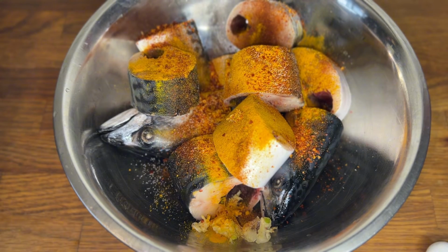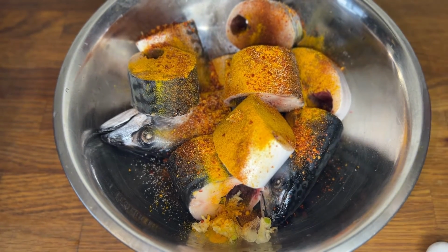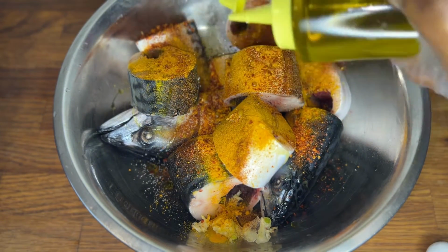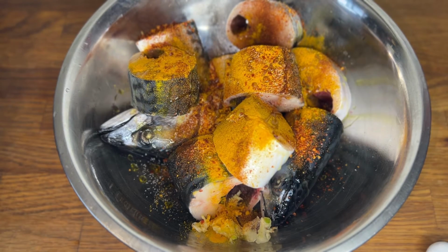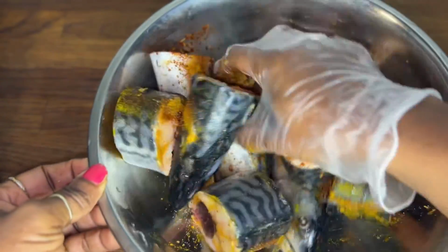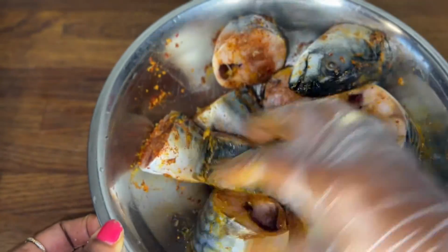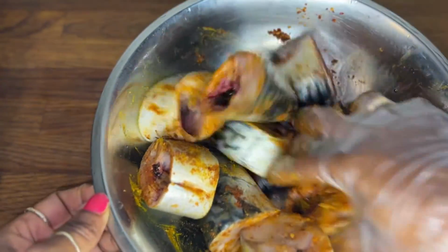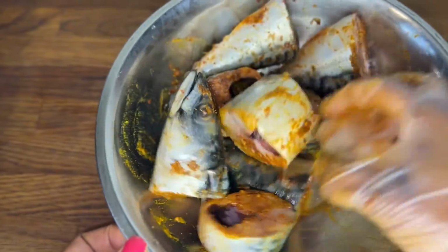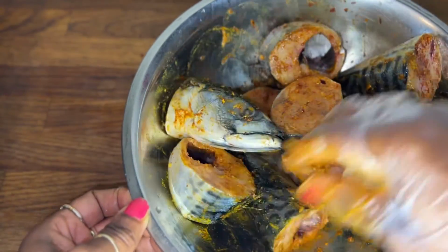And we're going to add a little bit of oil. Any type of oil. This is olive oil. You can add any, just a little bit to mix it with this bowl of spices. Remember, don't overpower it with spices and salt. So this is it. Just gonna mix everything together, and I'm gonna bake it with an air fryer,